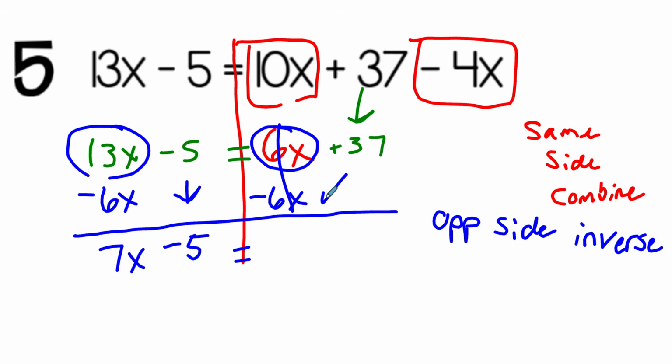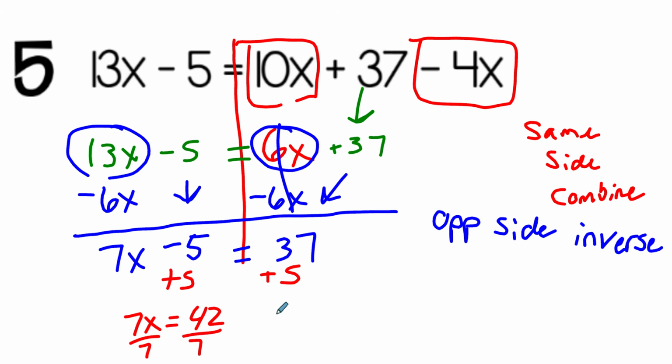This cancels, so we just have our 37. Go ahead and solve the rest of the problem. We're first going to add 5 to both sides. 7x equals 42. We're then going to divide both sides by 7 to get our final answer of x equals